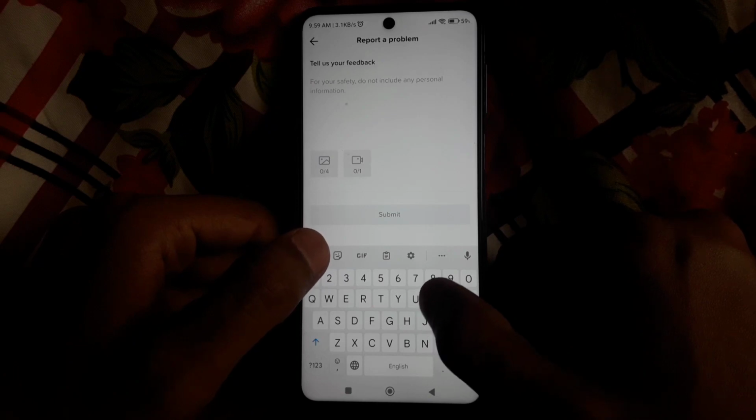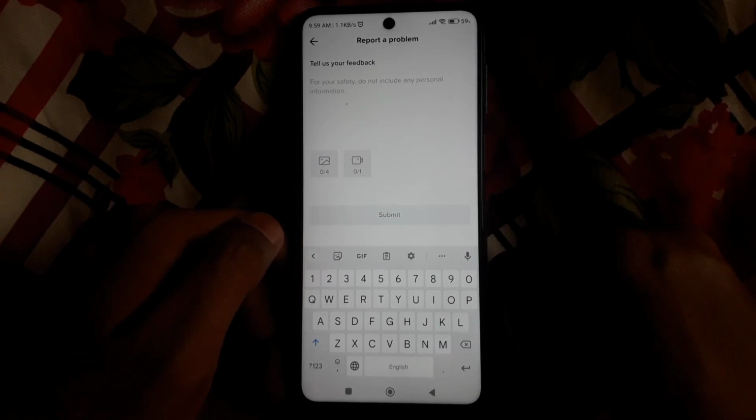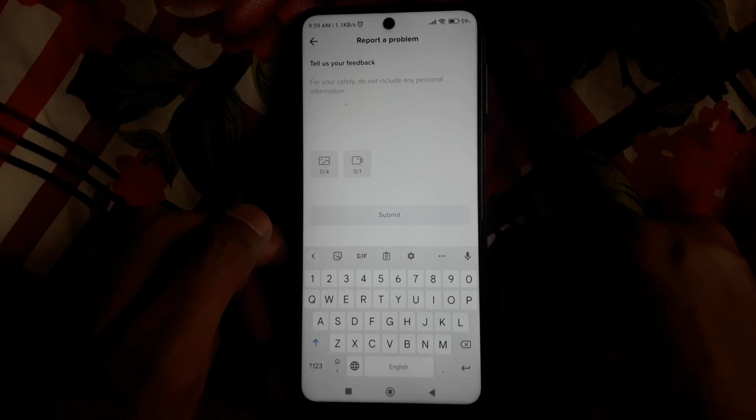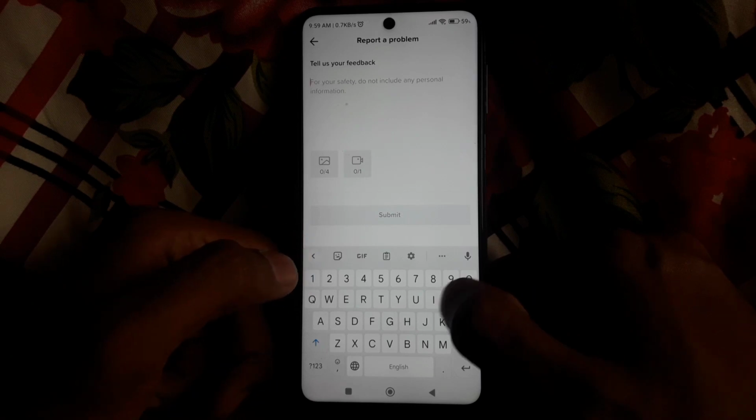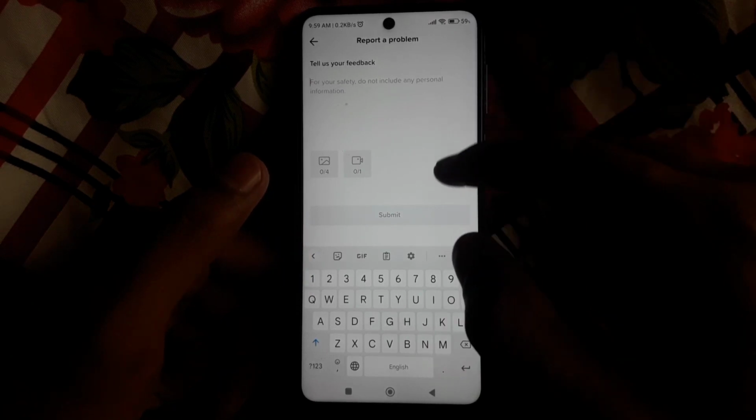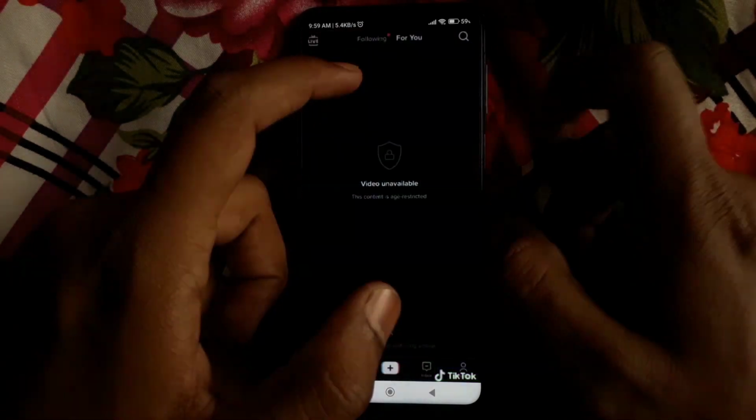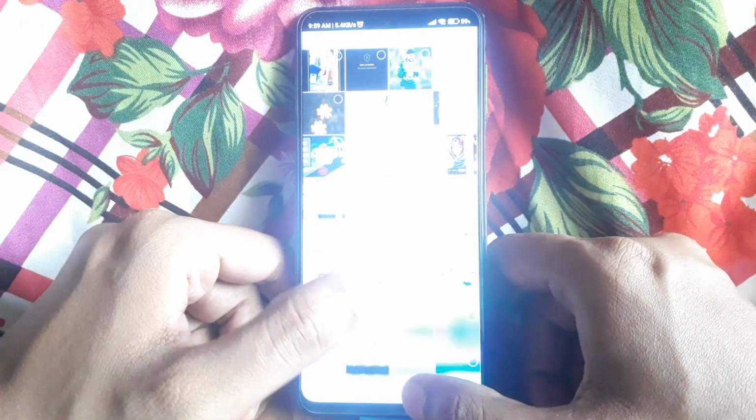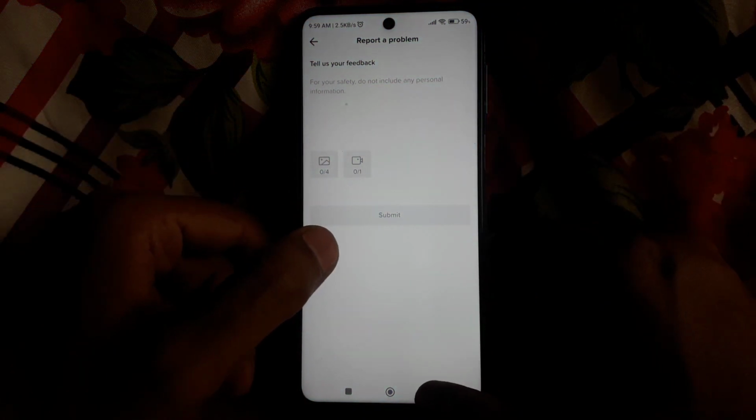you can tell that you are facing the problem of age restriction on TikTok, which means you are not allowed to see many videos due to age restriction. After that, you have to simply provide the screenshot of the problem here. After providing the screenshot of the problem, you can simply click on submit and your problem will be submitted to